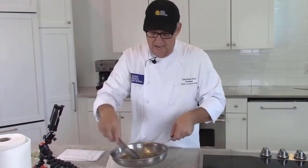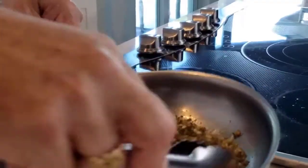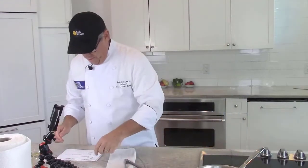This one I'm using dried. If you have fresh, that would be great. That's so fragrant right now. You know what it reminds me of is that dipping oil sometimes you get in an Italian restaurant for bread. All right, as soon as we have that in there, we're going to be adding in